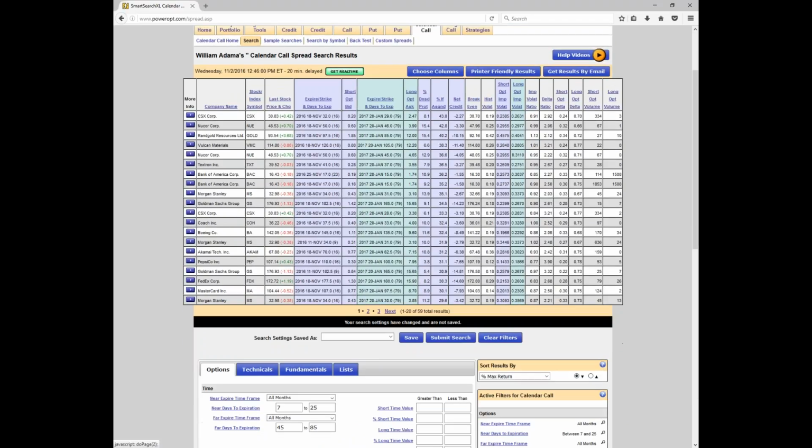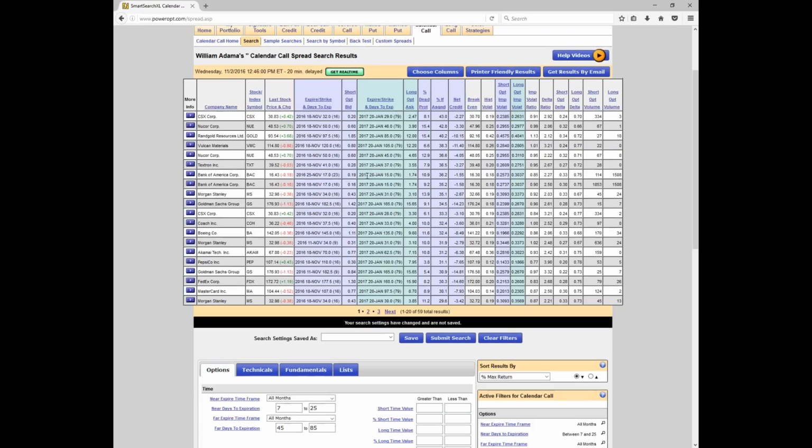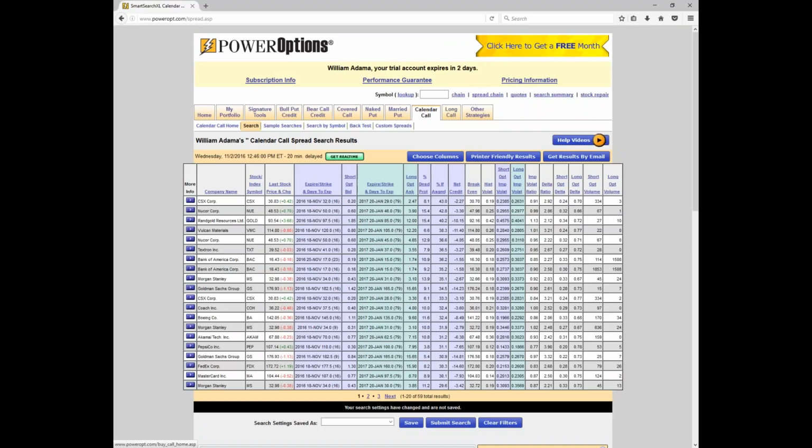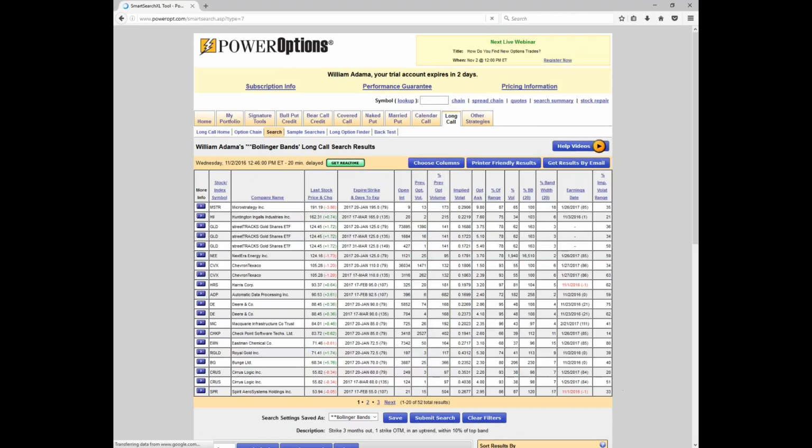And now I've narrowed it down to 59, okay, with the different spreads that we're looking for. These all sort of are in range of what I'd want to see. All right, and the same process for the long call as well. We'd start off with the search, but before you look at any of the trades and think of them as